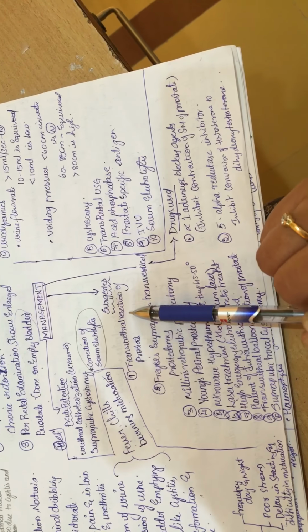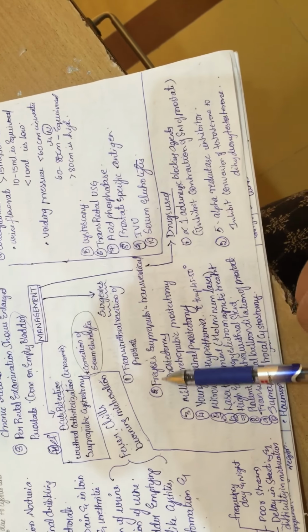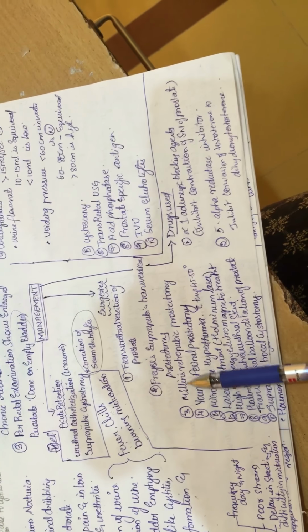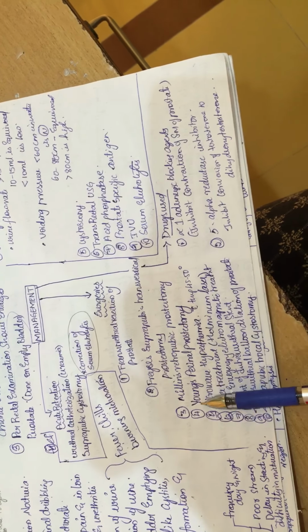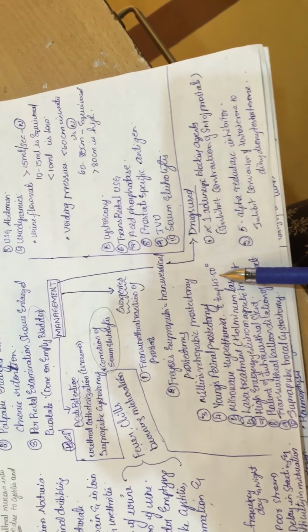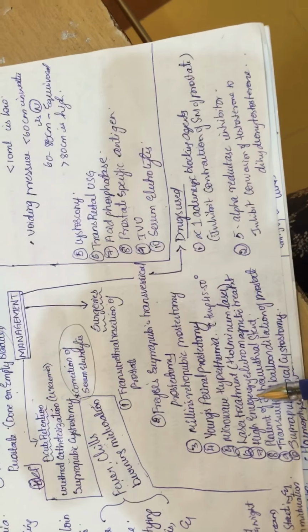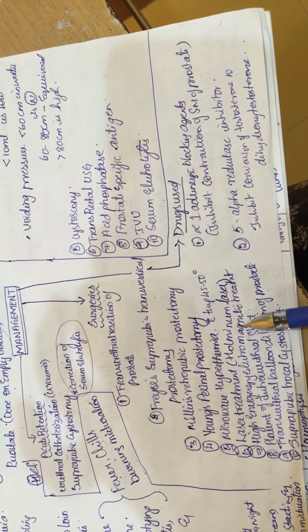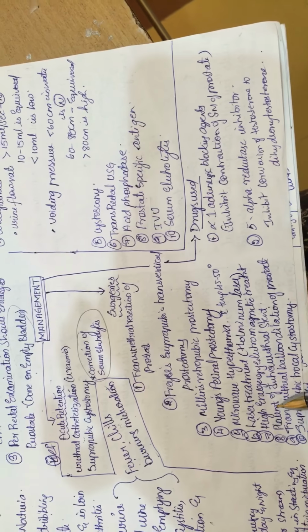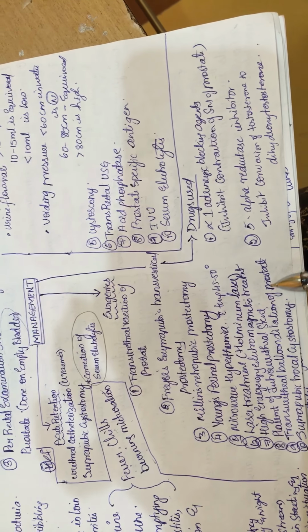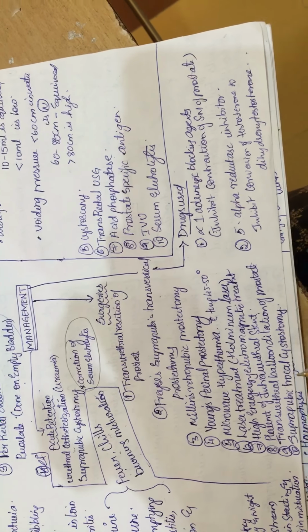Surgeries are transurethral resection of the prostate, Freyer's suprapubic transvesical prostatectomy, Millin's retropubic prostatectomy, Young's perineal prostatectomy, microwave therapy with a temperature of 45 to 50 degrees centigrade, laser treatment using holmium laser, high energy electromagnetic treatment, placement of an intraurethral stent, transurethral balloon dilation of the prostate and suprapubic